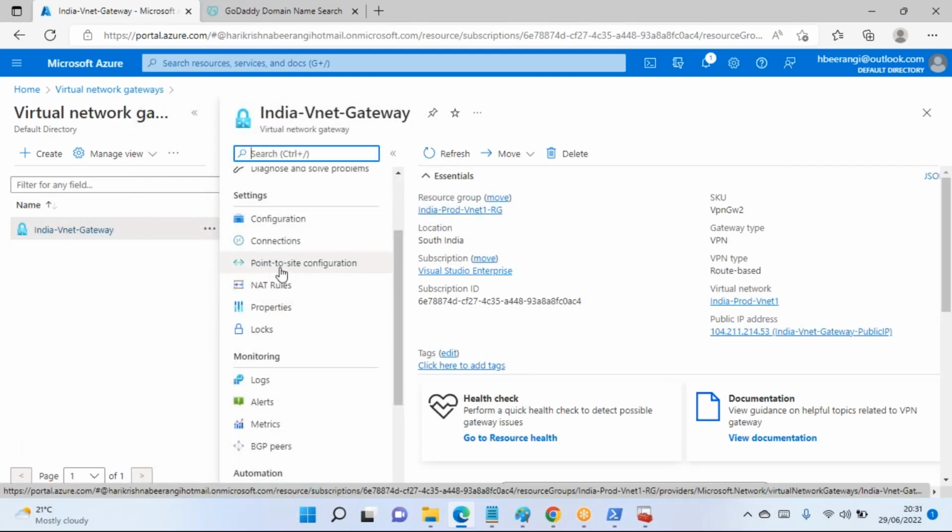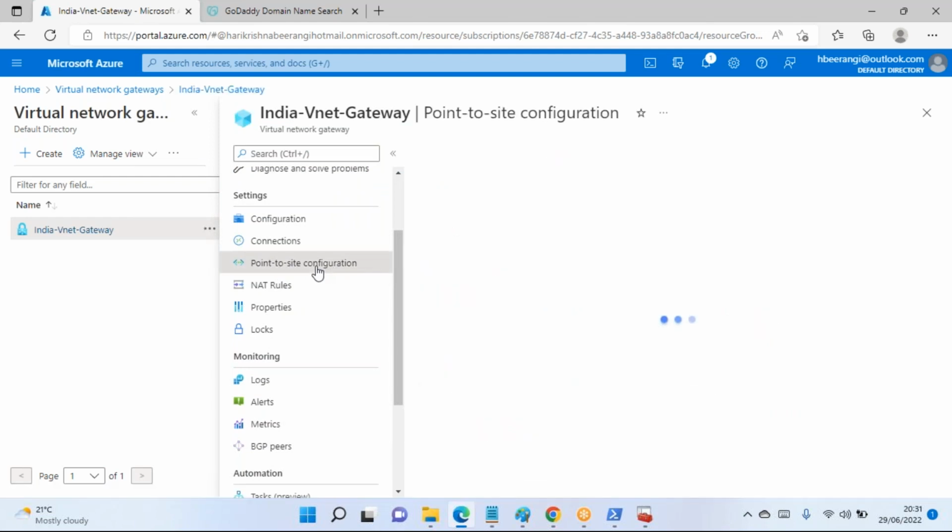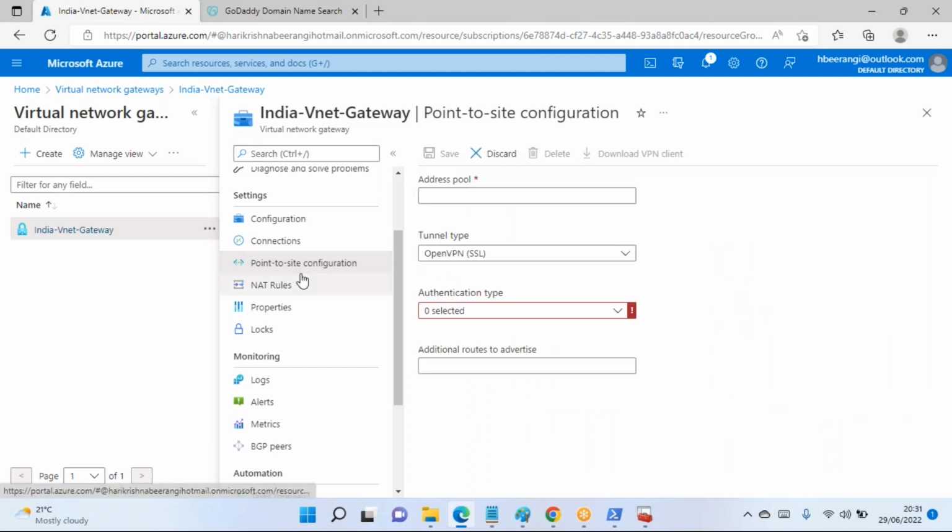Here you have the Point to site configuration setting. Click on this, and here you can see Configure now. Click on this. You have to give the address pool, which means